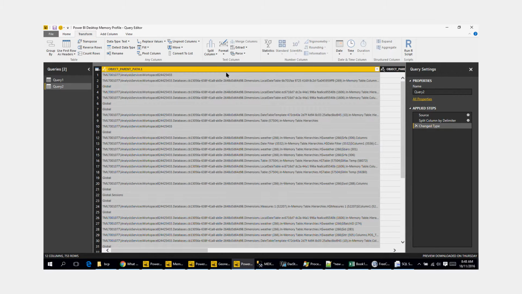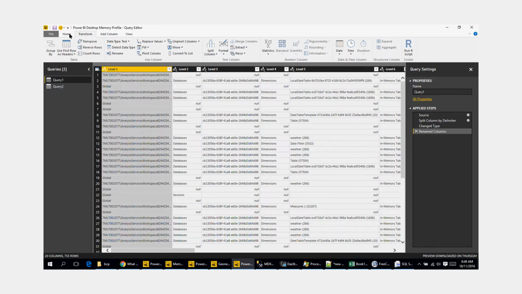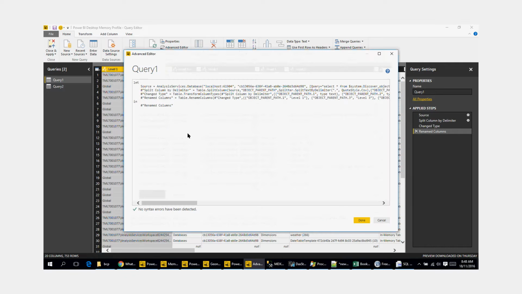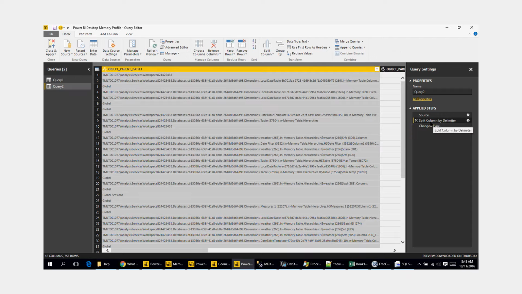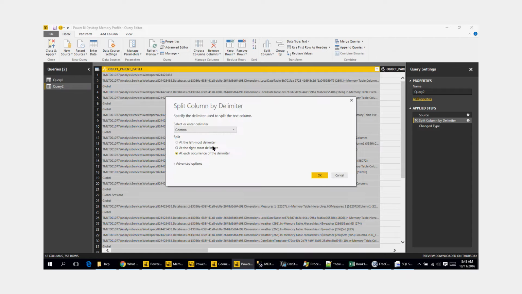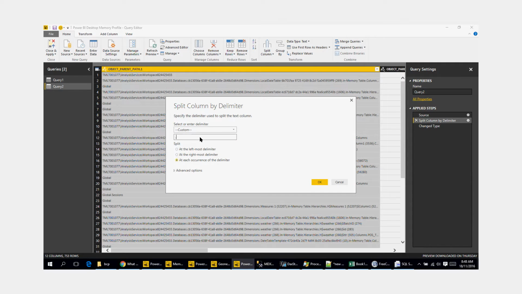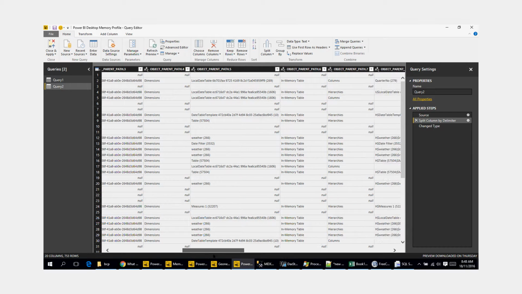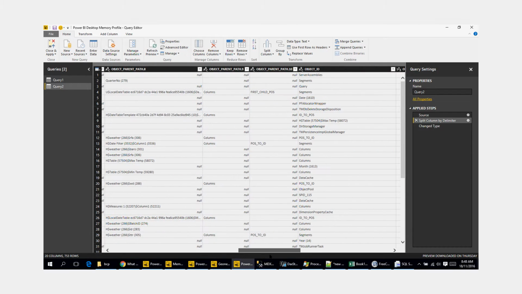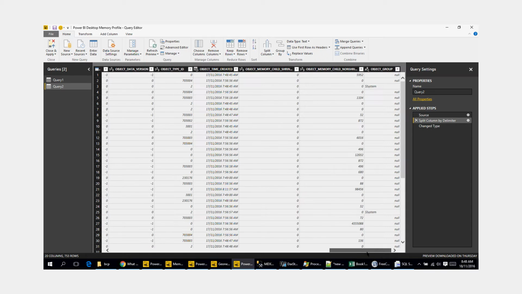Control Z, jump back here to get that delimiter. Full stop. So we'll fix that here by split column by delimiter. We'll go custom split on full stop. Wonderful. So that gives me a series of very useful columns in one step,